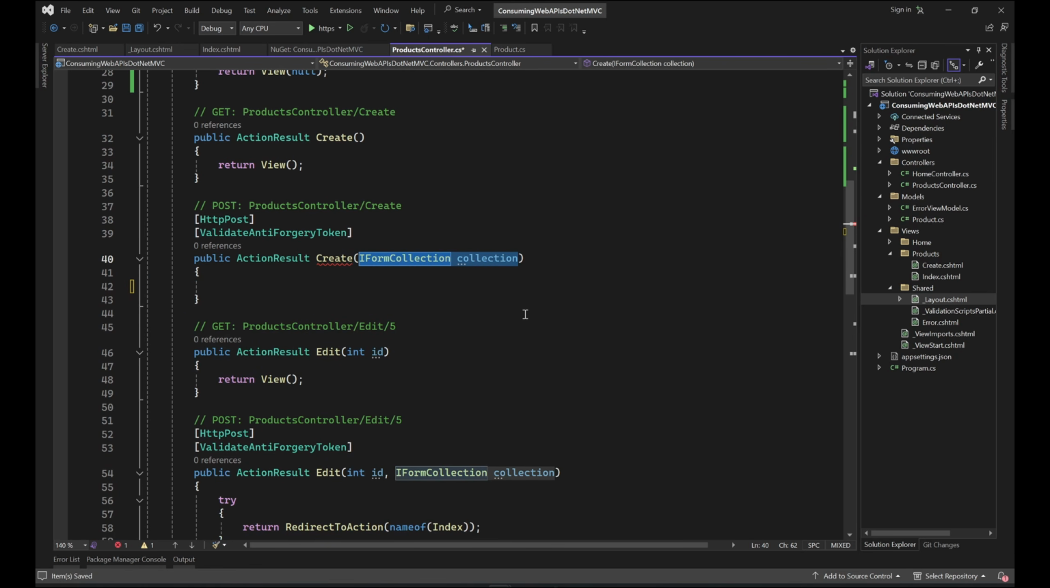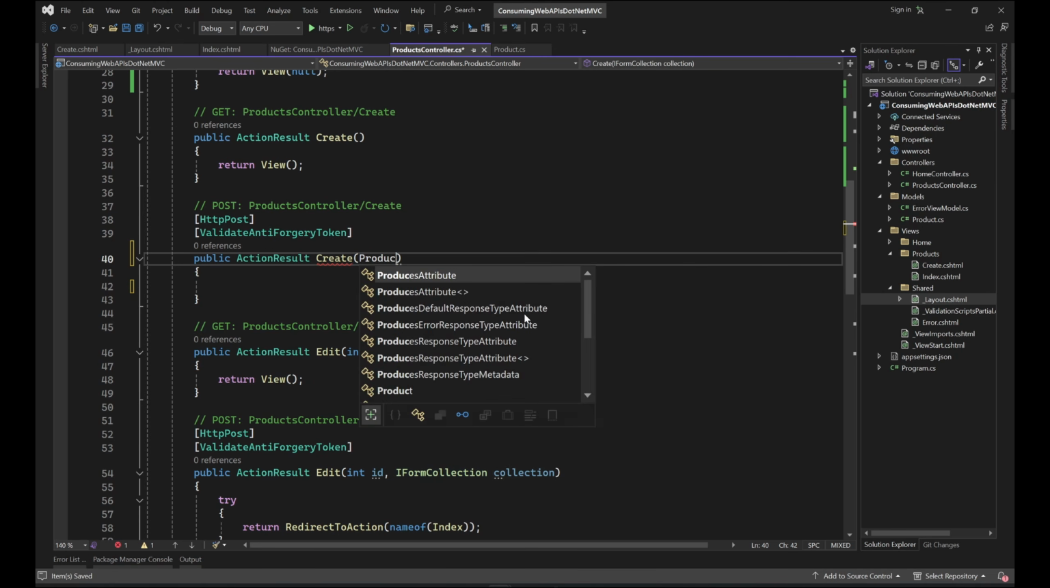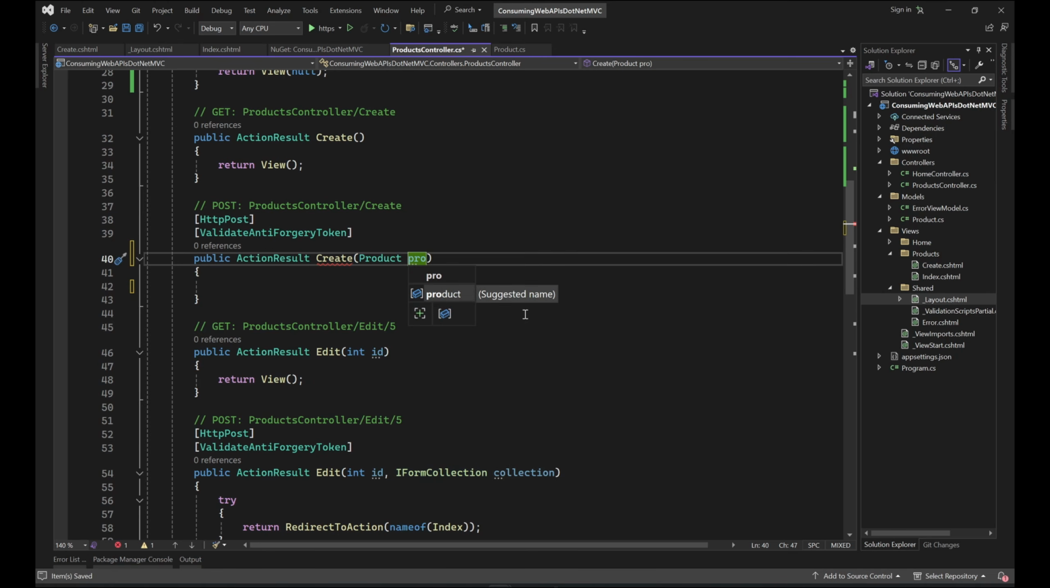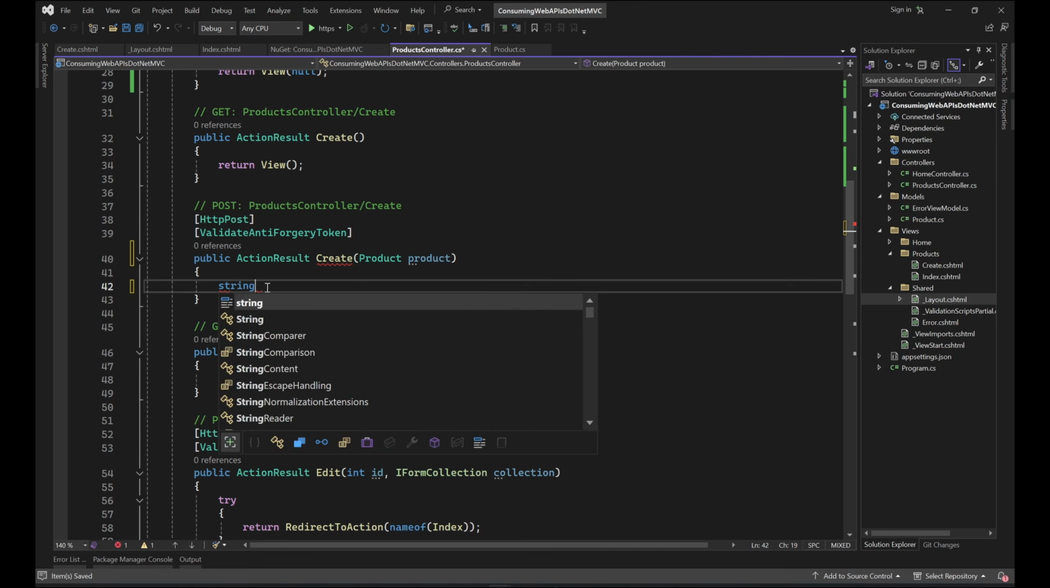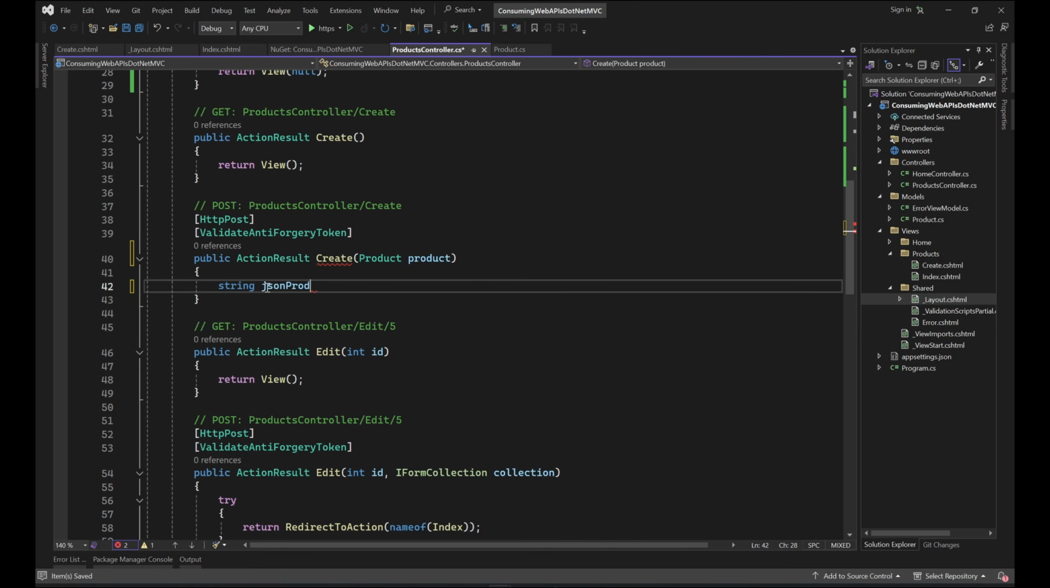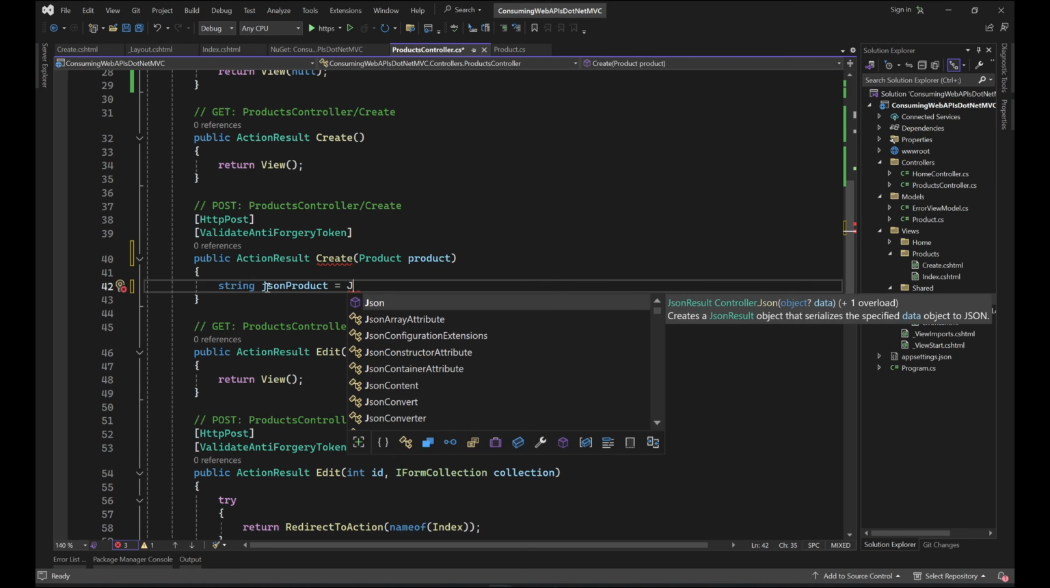Not going to utilize this IFormCollection. We are going to utilize the product, and within that create method we firstly have to convert this product into JSON, because whenever we are dealing with APIs we have to deal with it in JSON. So firstly convert the product: string jsonProduct equal to, going to utilize the Newtonsoft package,